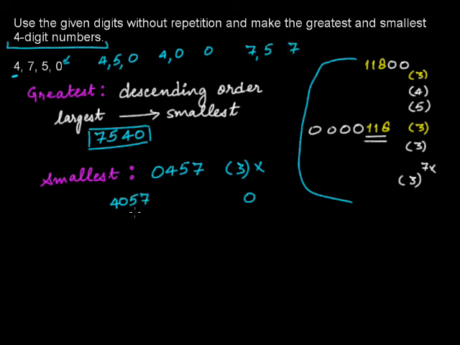So what was important? Important was, in questions where you have 0 as a digit and you have to form the number, you have to keep in mind that if you add 0 after the digit, it changes its value and it changes the number of digits in the number, but adding before the digits will not make any difference. And here in this question, the question said that you have to form the 4-digit number, but if you had added 0 here, it would have been a 3-digit number, but we don't need that. Okay,